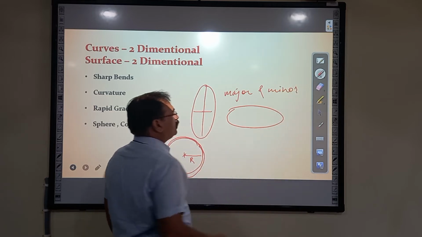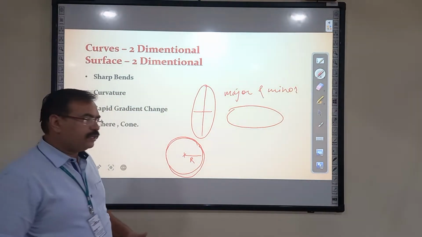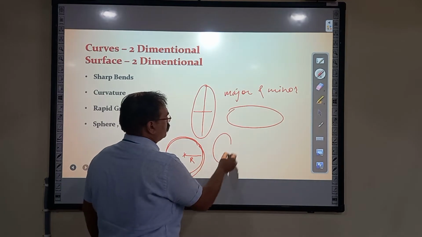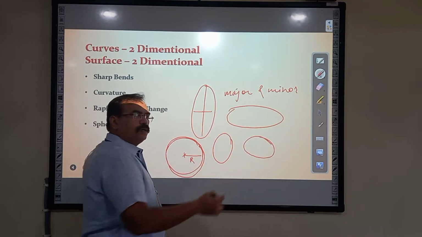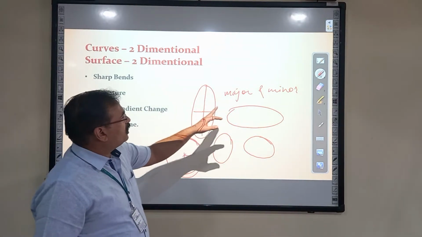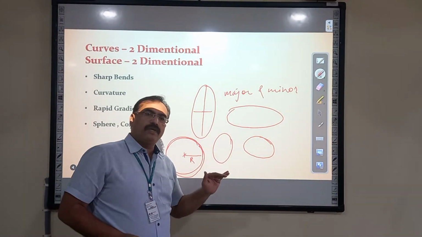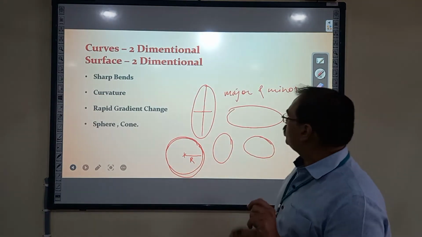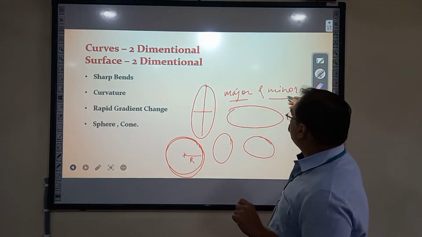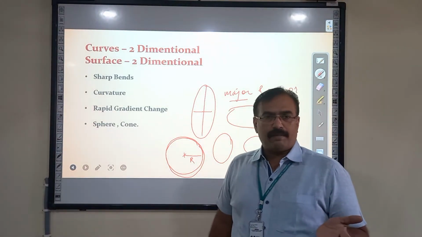And thus we are getting the liberty to get ellipses in different shapes or different sizes, like this, or it can be like this also. So depending on the major and minor axis size, but still it has to be defined with two parameters, that is semi-major and semi-minor axis, and we can generate that curve with a parametric equation.